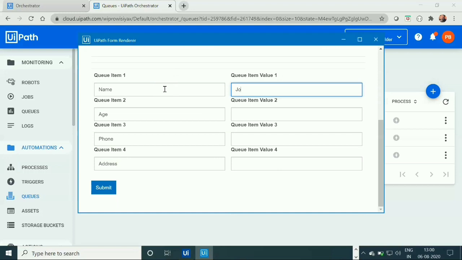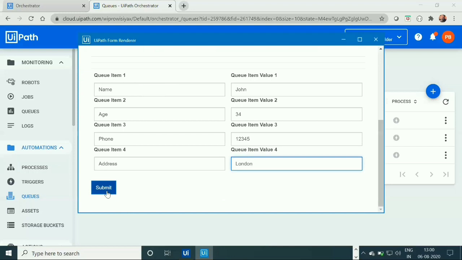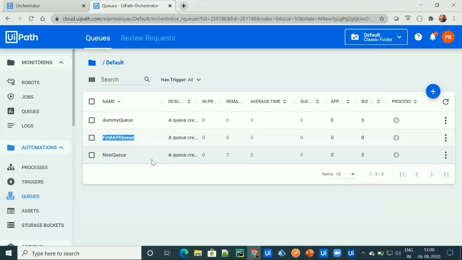For example, now we have to submit our form by clicking on the submit button, and it will call an Orchestrator API and add the item into the queue.